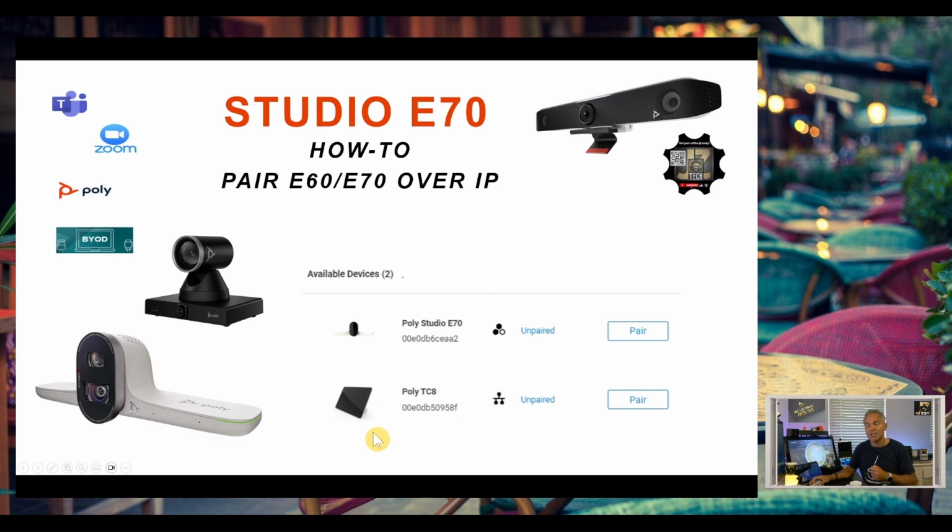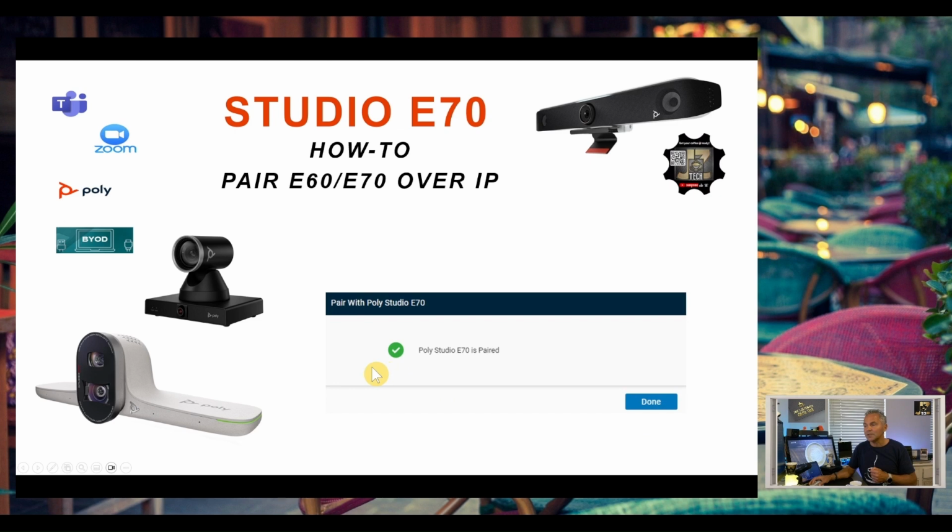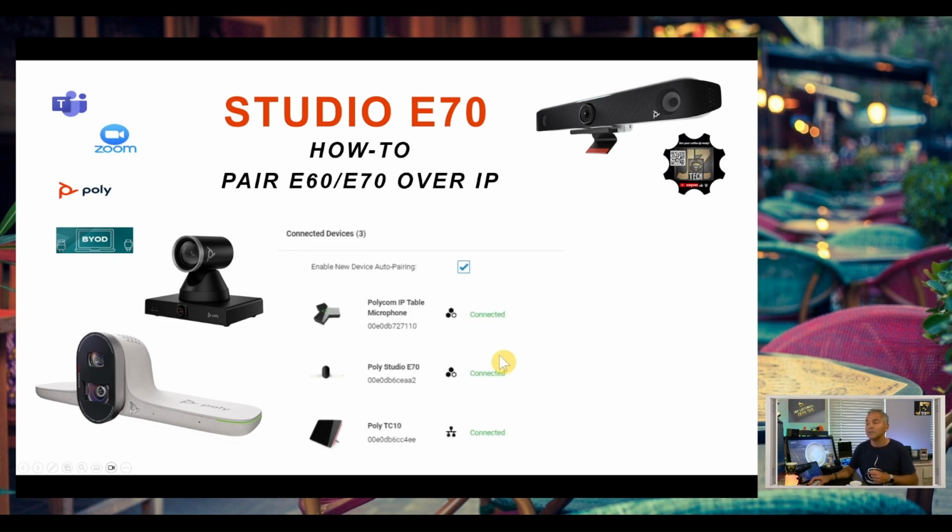Similar experience you have with the TC8 and TC10 to pair them. It will mention it here as unpaired. Now, what you need to do is click here on the pairing button. As soon as you do that, you should receive a message: E70 is paired. There could be a reboot, so it could take some time, and you hear the shutter opening and closing. That means that it is rebooting in the IP mode, and when it's all finished and ready, you should be able to see here